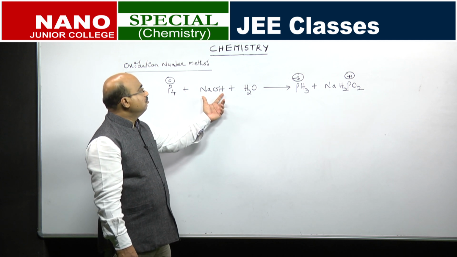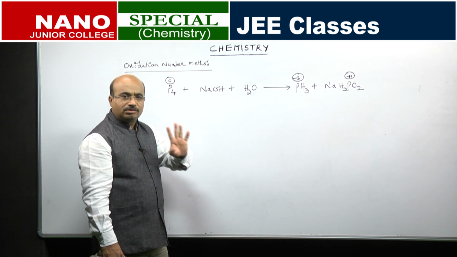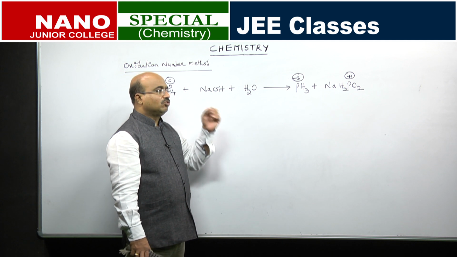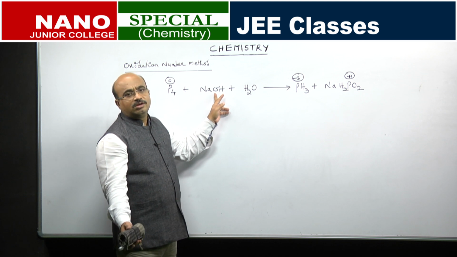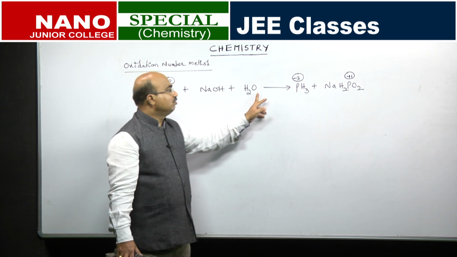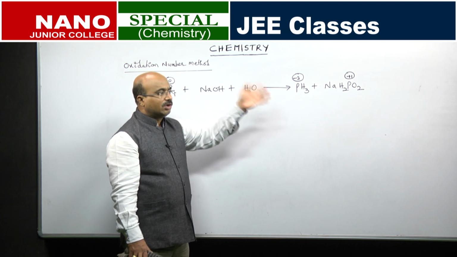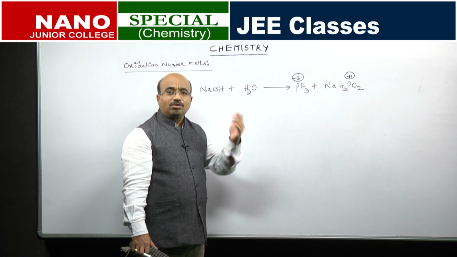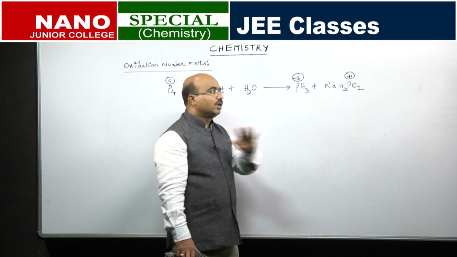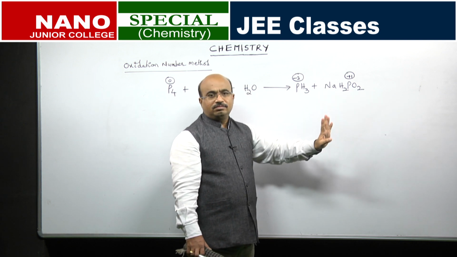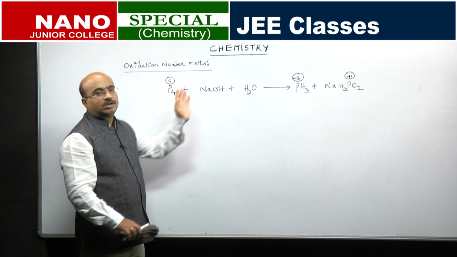Hydrogen will have -1 or +1, but when it is only with a metal, not with any other element, then it is -1, otherwise it is +1. It is +1 here. Oxygen is -2, because it is not a peroxide; peroxide and oxygen-fluorine compounds are the exceptions. Here also the same, because it is O2, but it is not a peroxide, because it should be only a 1A element or 2A element with oxygen. Only those combinations should be there. Other than that, you should not have any other element. So, phosphorus is already there, so you cannot say that is peroxide. So, phosphorus only we determine. I have written it.